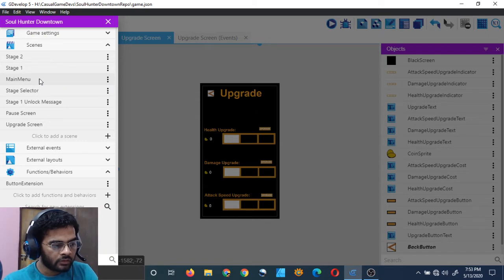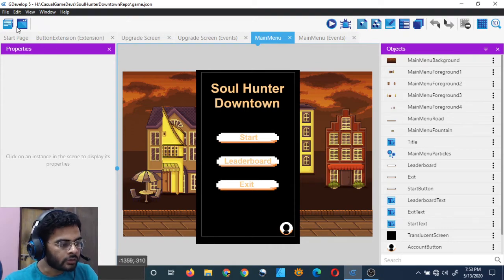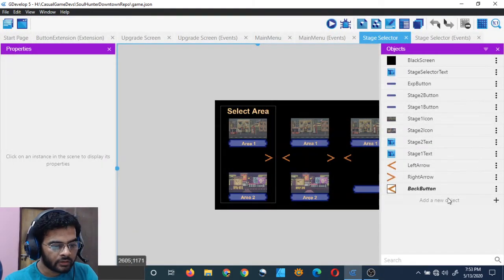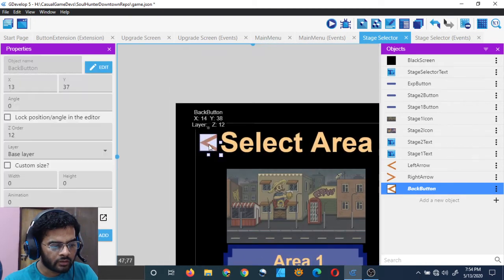Just to test my button, I can do one more thing. I can open stage selector and put the back button here and test, and I will be able to test it from here. Yeah, I'm just testing it. I don't want to actually implement it right now.